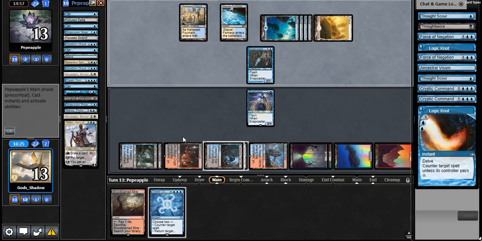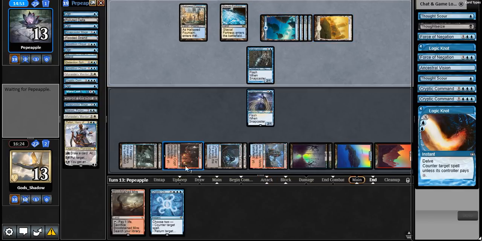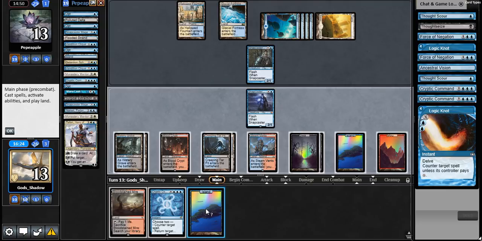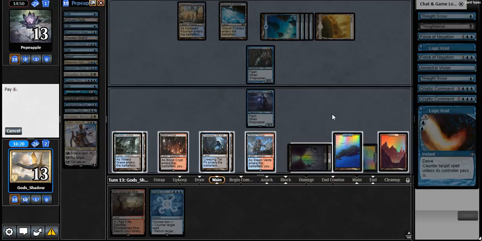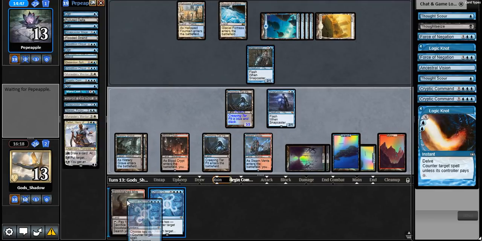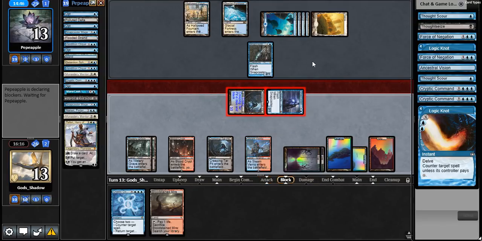So now, I mean, we've drawn a lot of lands. Our opponent's on 7, we're on 10, 11. But the additional copy of Creeping Tarpid comes in handy here. Really like it. And next turn we would also be able to